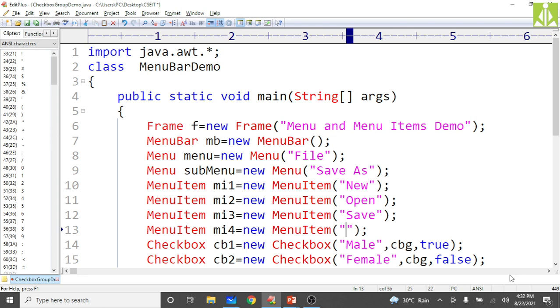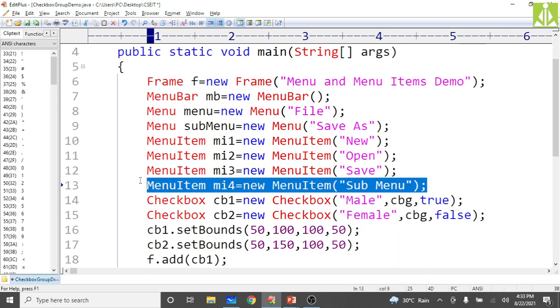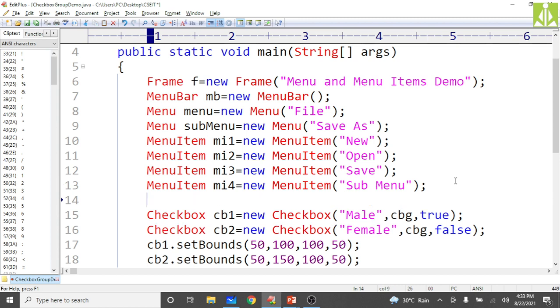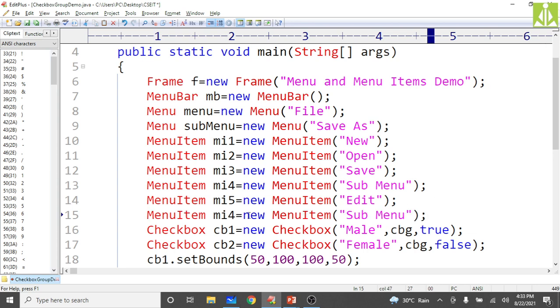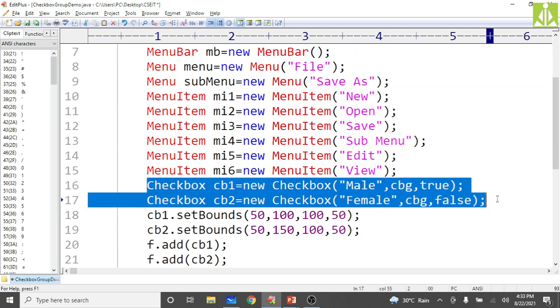So this is my submenu, and in that submenu we will put edit and view. Those things also we need to create as menu items. So mi5 is inside submenu, we are adding the edit. Take another one, mi6, inside submenu we are adding the view option. These things we have successfully done.